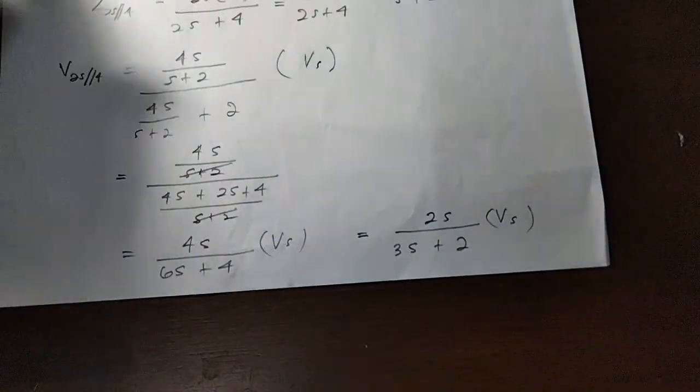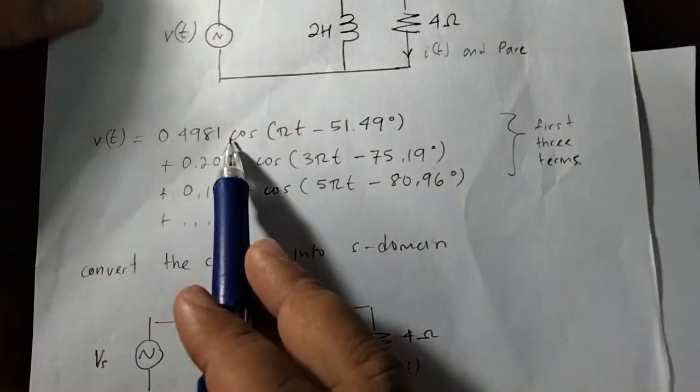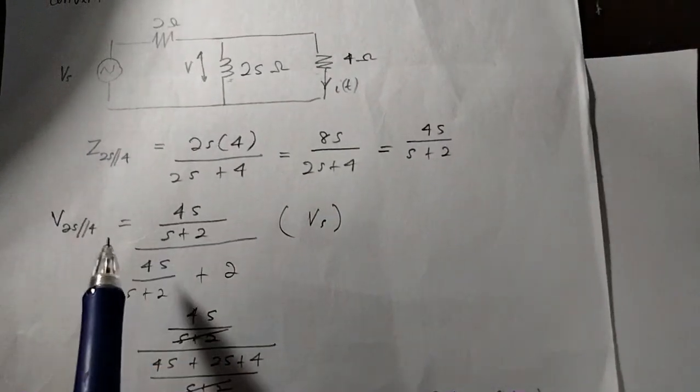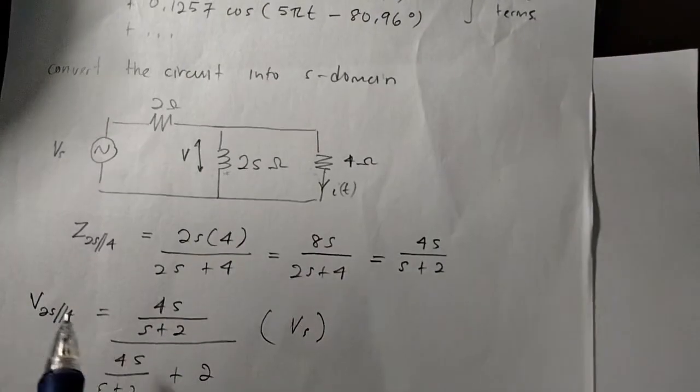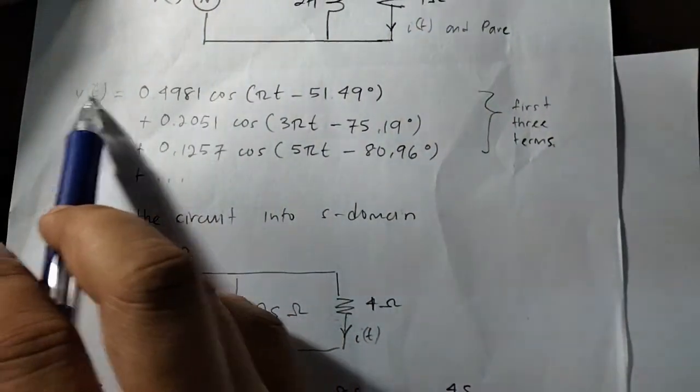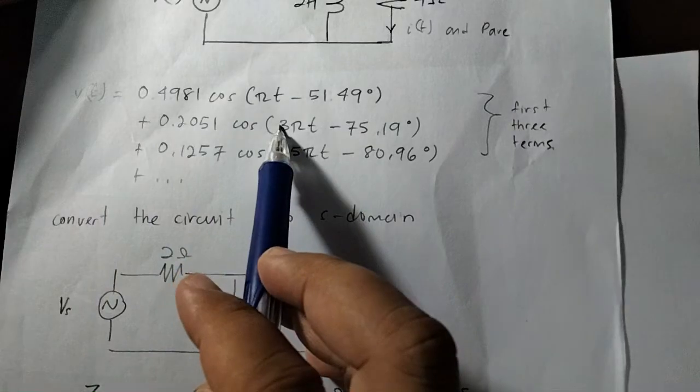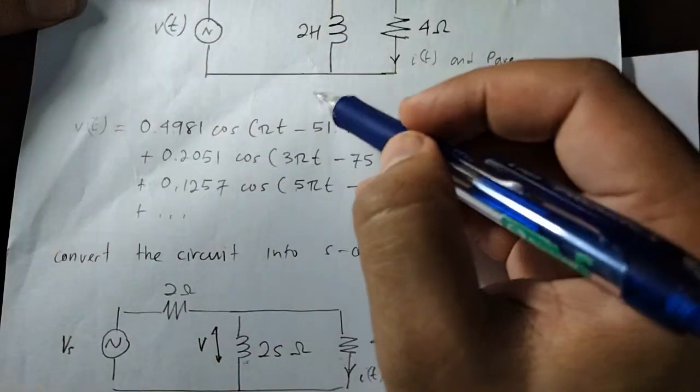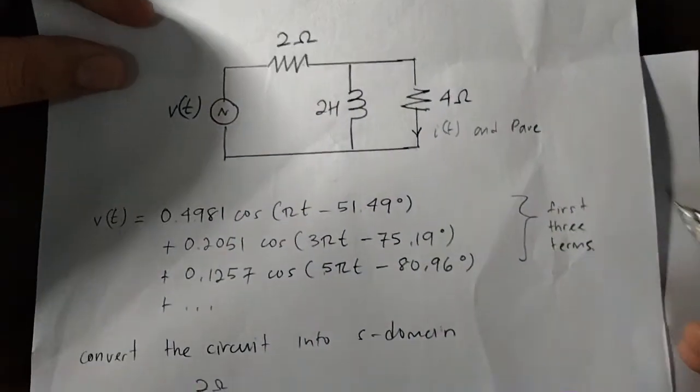Alright, so now we can start to determine Vs. Of course, Vs is the voltage supply, which is given as a Fourier series, right? So we have to solve this one term at a time. We have to solve this voltage for V1, V3 and V5. So the original equation is